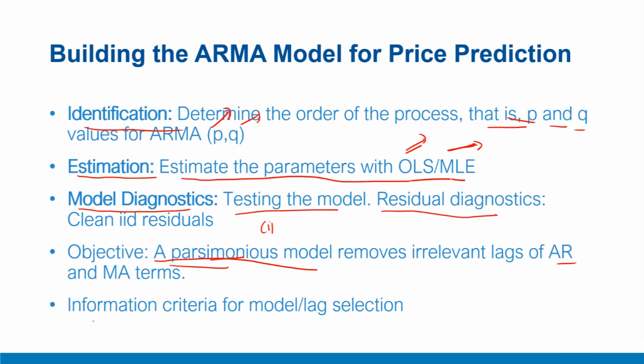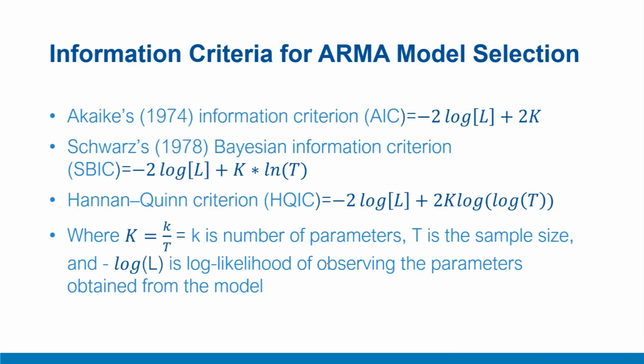How do we choose between two competing models? There we use something called information criteria for selecting different lags or structure of the ARMA process, that is the P,Q order, the ARMA orders. We have three famous ones: AIC, Akaike information criteria, Schwarz information criteria, and also Hannan-Quinn criteria. These criteria are nothing but a combination of two terms. The formula is different, but essentially they are a combination of two terms, sort of a trade-off of two competing parts. The first part is log L, which is the log likelihood function, computed based on the residual errors from the model.